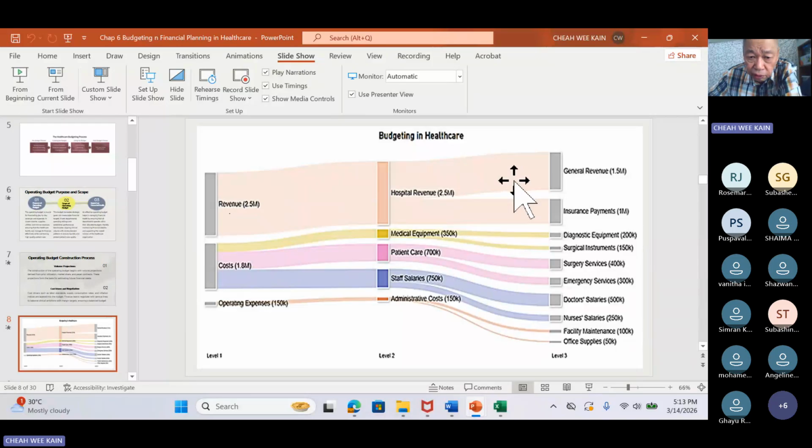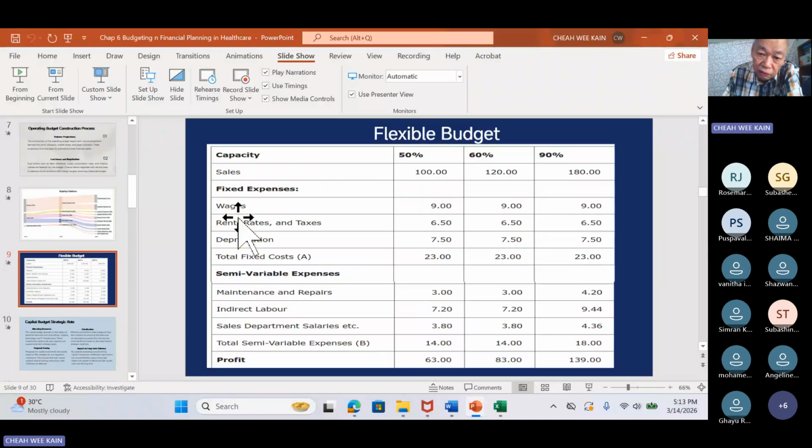gross. From this gross, you can split out into various things like, okay, cost, patient care again. You can split into surgery, service, or merger. You can split out all this. Okay, now all these figures, revenue, cost, operating, actually come from the corporate plan. Okay, what to do? Sometimes you have a thing called a flexible budget. Okay, because things change.